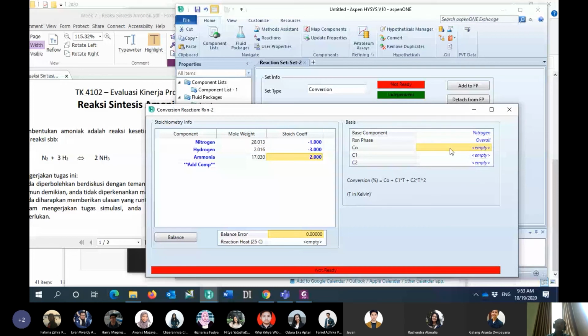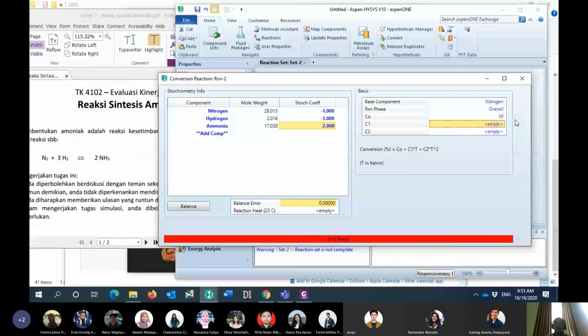Usually the bed number 2 will have a lower value compared to the bed number 1. So the higher reaction will occur in the bed number 1. Bed number 2 will be lower, bed number 3 will be lower again, and then the lowest will be in bed number 4. So for the CO value in here, I will put lower than 15%, probably, I don't know, probably 10. Remember, I will optimize this value. Just initial value, 10%.